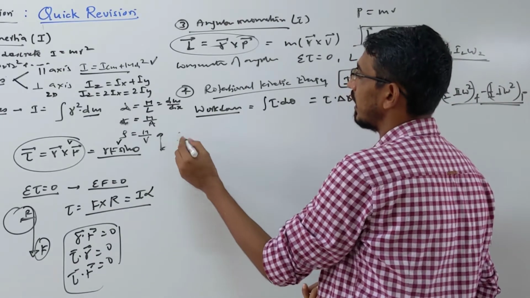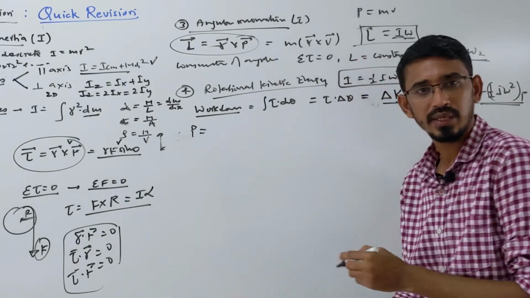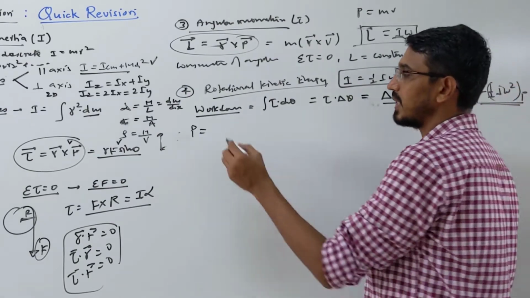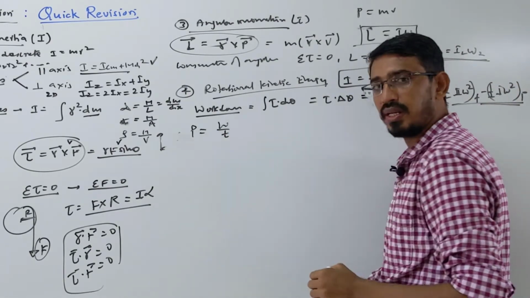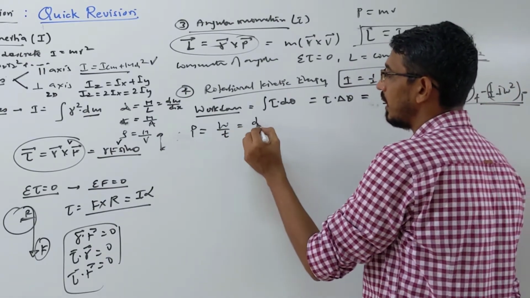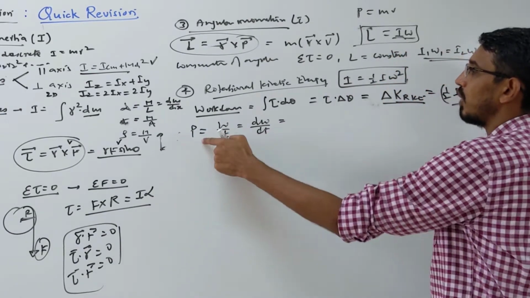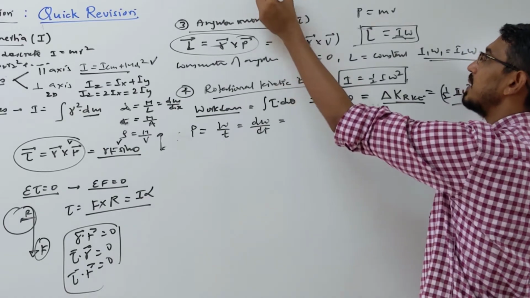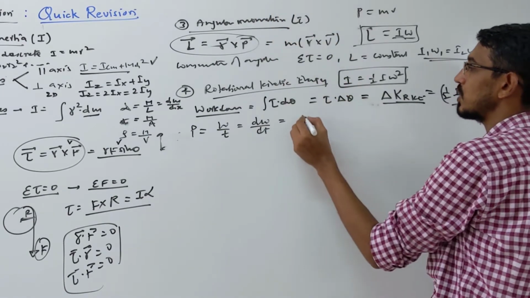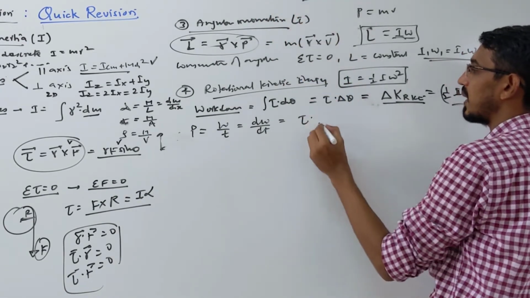Then we wrote other things also, like power. Power is work by time, exactly the same formula, work by time. Here also you can write it, or if variable, then dW by dt you can write. This way you can write here. So power you can write in one more format, because in the linear chapter power is force into velocity. So force is called torque here, and velocity is called angular velocity omega.